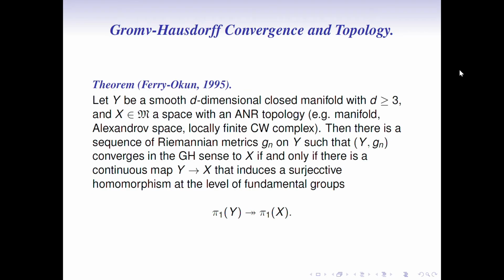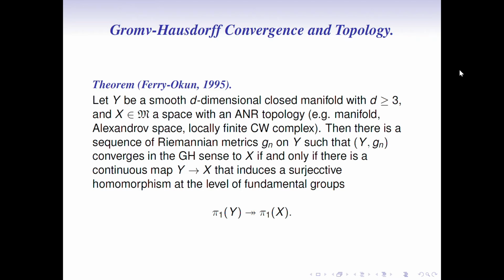All this was for dimension 2. How about larger dimensions? Well, things get even crazier. Ferry and Okun's approximation theorem says that if you start with an arbitrary closed smooth manifold Y of dimension at least 3, and X a compact length space with an ANR topology, and if you don't know what ANR means, don't worry, it's just a very wide class of topological spaces, including all topological manifolds, finite dimensional Alexandrov spaces, and locally finite CW complexes, then, there is a sequence of Riemannian metrics on Y converging in the Gromov-Hausdorff sense to X,